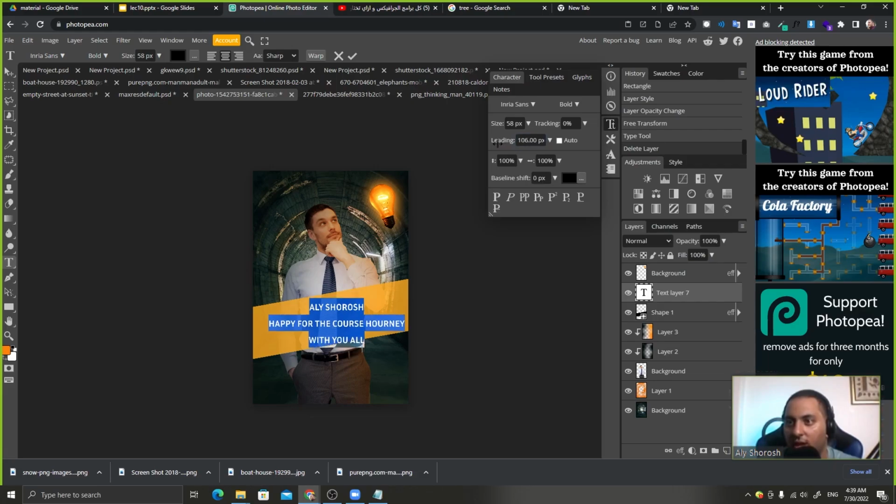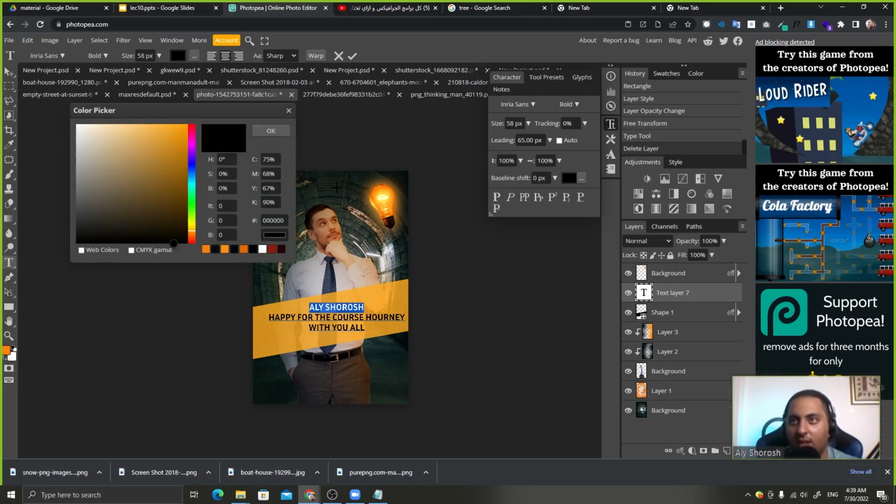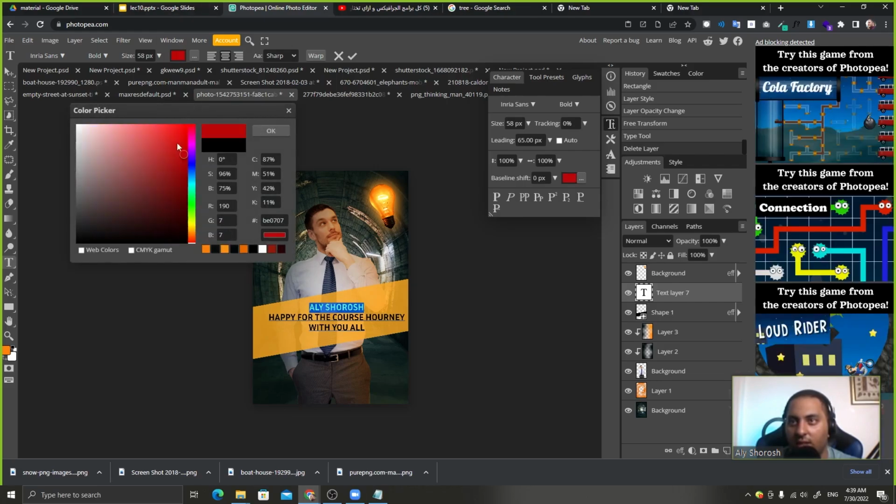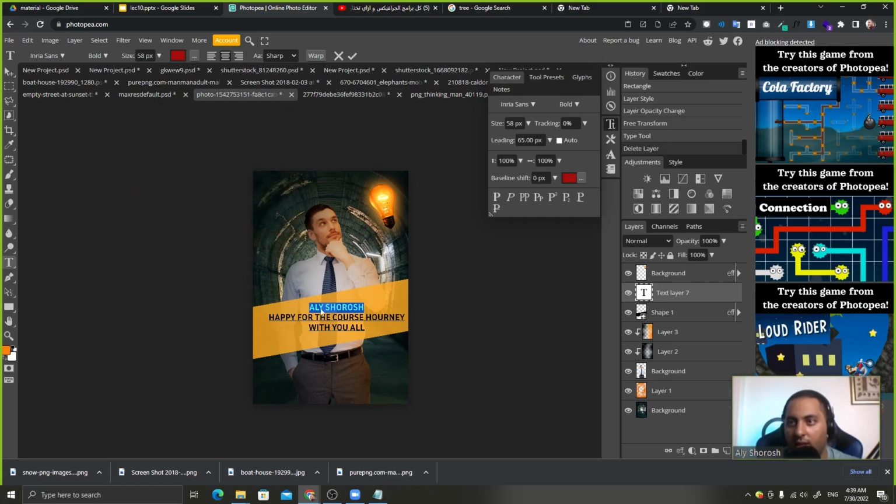So we go to the character panel, decrease the leading, let's colorize each one with a color like this, and happy for the course journey